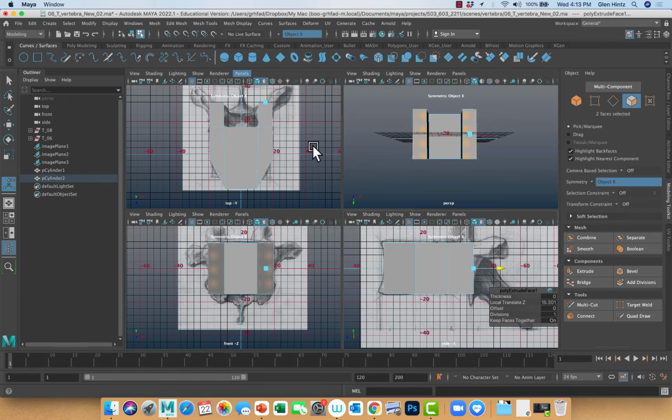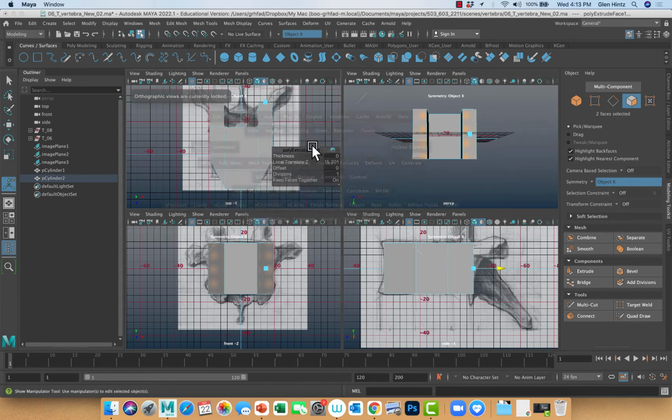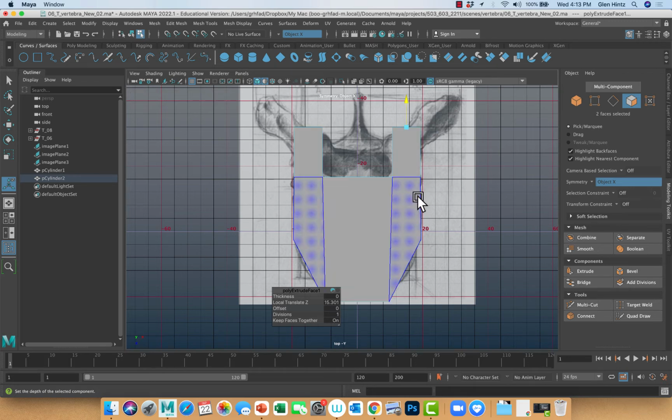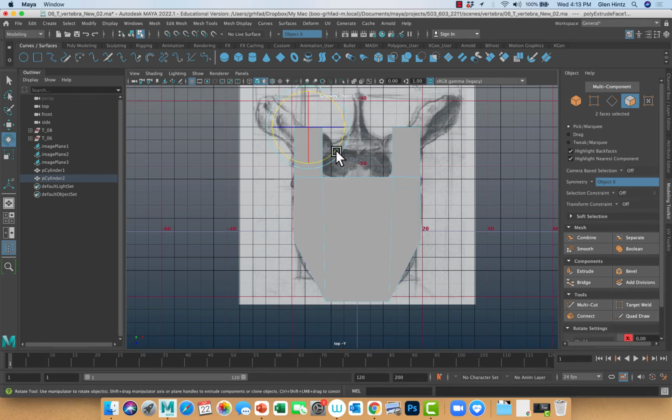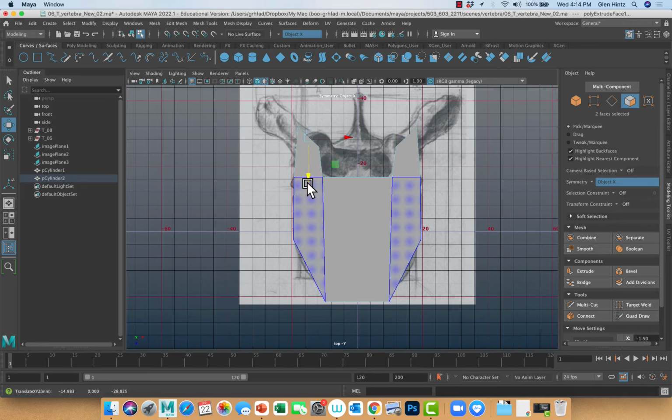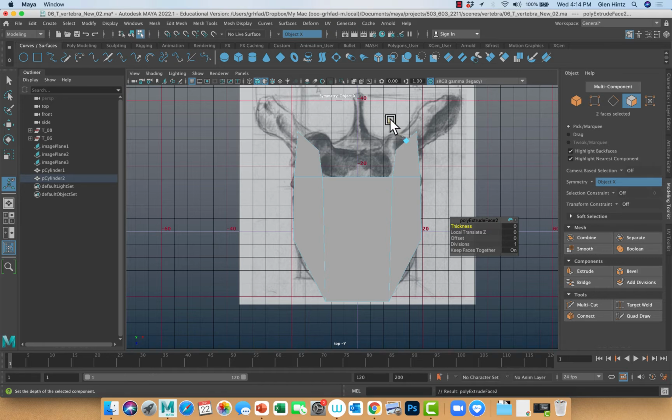Now I'm done extruding at this point. What I want to do now is hit the E key and rotate that face. Okay, and I'm going to move it just a little bit closer. Now, while that face is still selected, I'm going to do Command E so I can extrude again, and that will bring me up here,